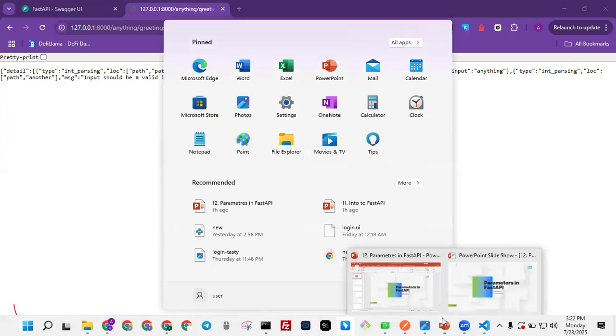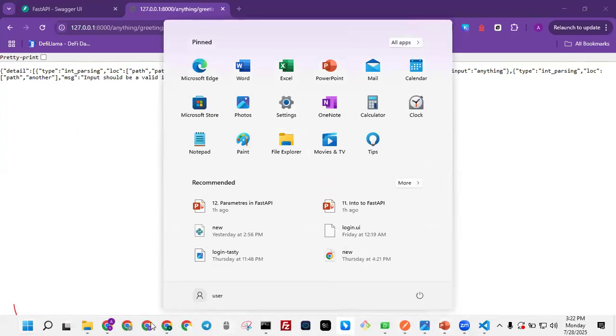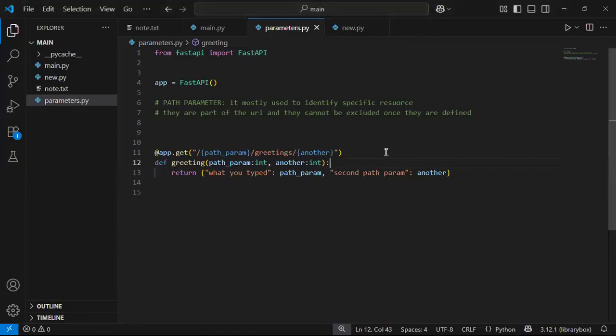All right, so let's go back and see what happens if we add other means of validation. What if we intend to have other kinds of validations apart from just type hinting, apart from validating just the type? What if you wanted to add other means of validations? The thing is that FastAPI has a built-in function for every parameter, so what you can do is invoke that built-in function,